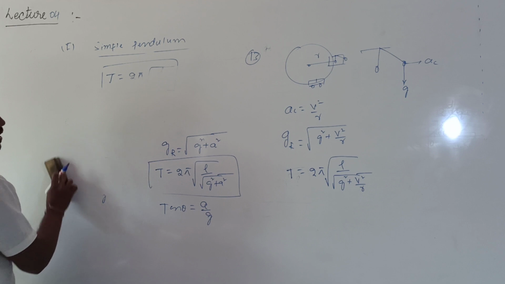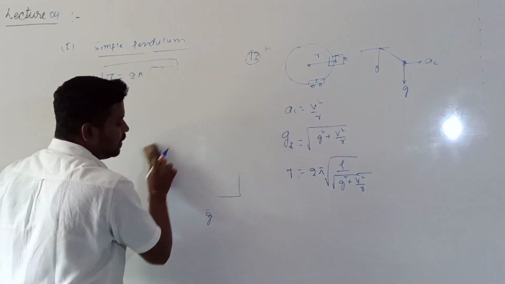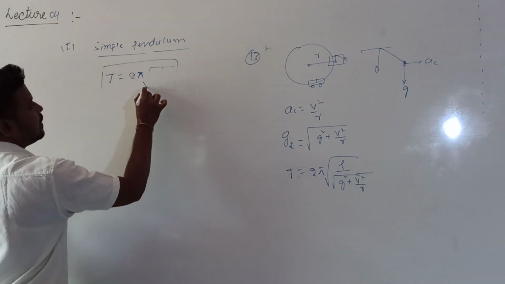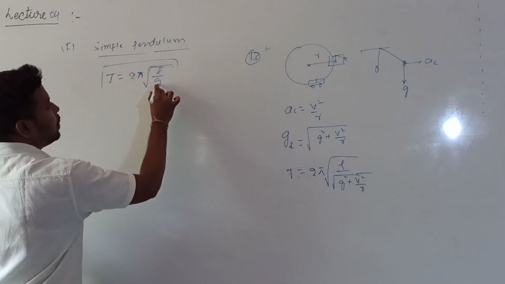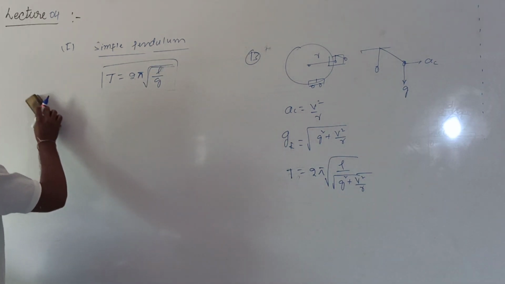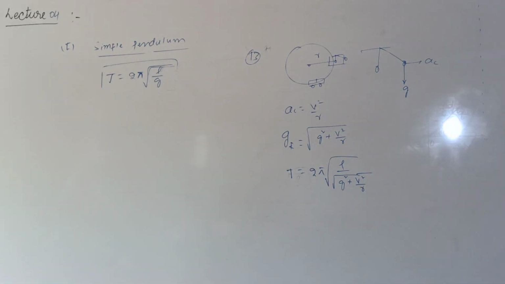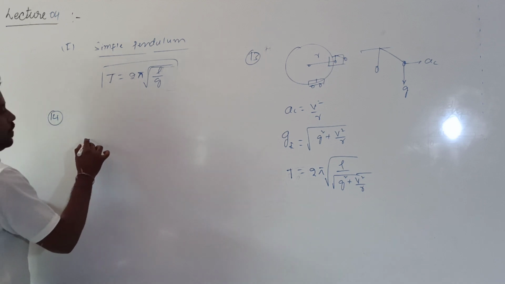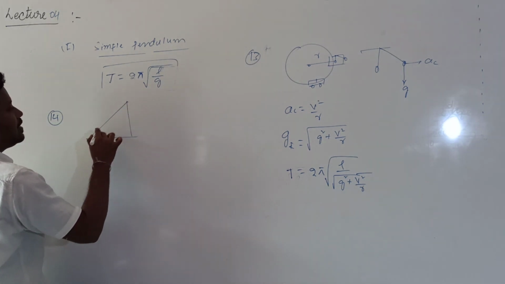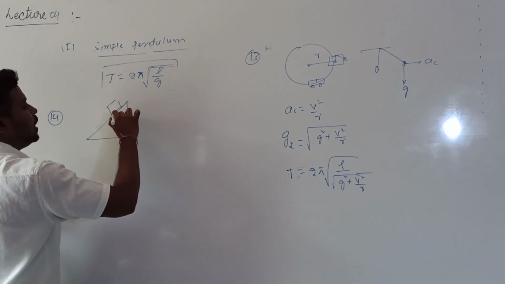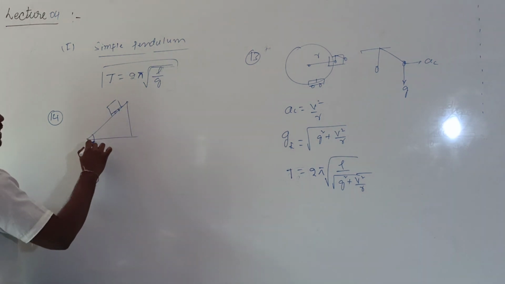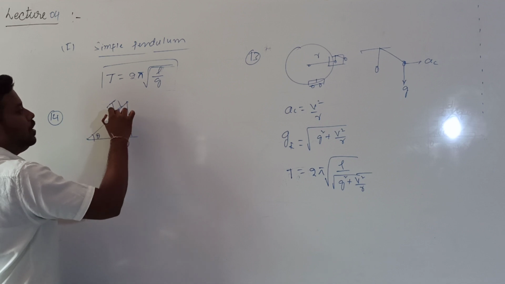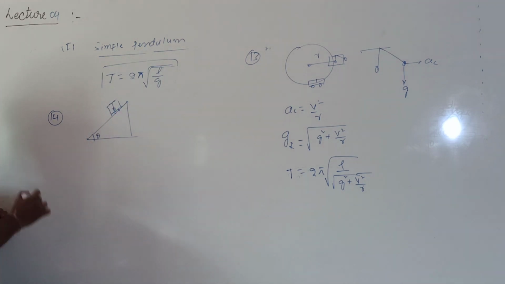After completion of this, one more point based on the simple pendulum. If all the simple pendulum cases are understood, you can easily answer either numerical or conceptual questions. So, one more important point related to the simple pendulum. For example, a vehicle or car is sliding down an inclined plane, with angle of inclination θ. Now we have attached a pendulum bob to the roof of the car.